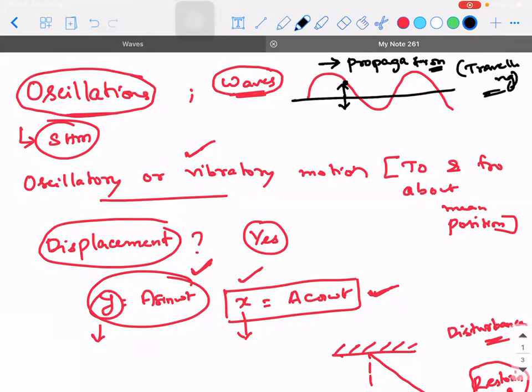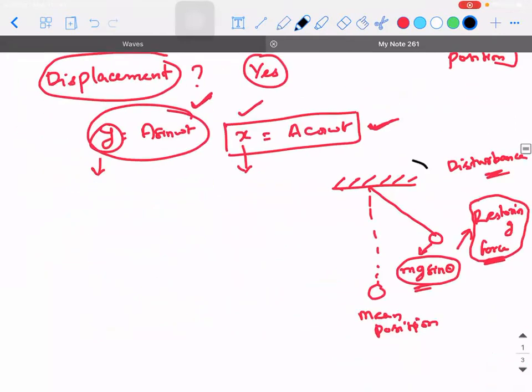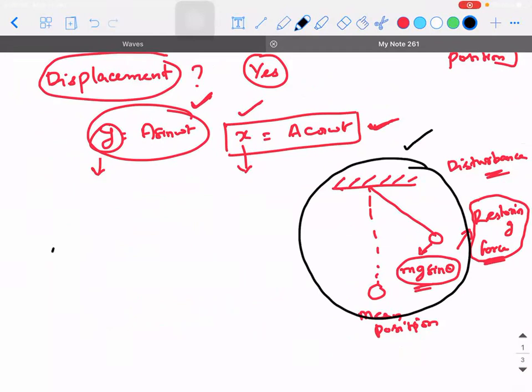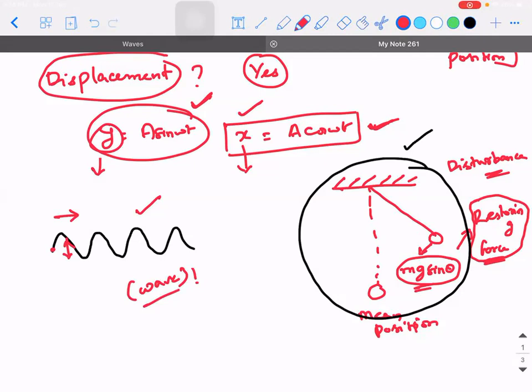So what is the difference between oscillation and wave? When any particle is oscillating, it oscillates only with respect to its mean position. It will not move. A simple pendulum at this location of my screen will be at the same place whenever you come back. Whereas if a particle not only has oscillation but also has propagation or traveling associated with it, then that kind of disturbance is called a wave. Are you able to understand, guys?